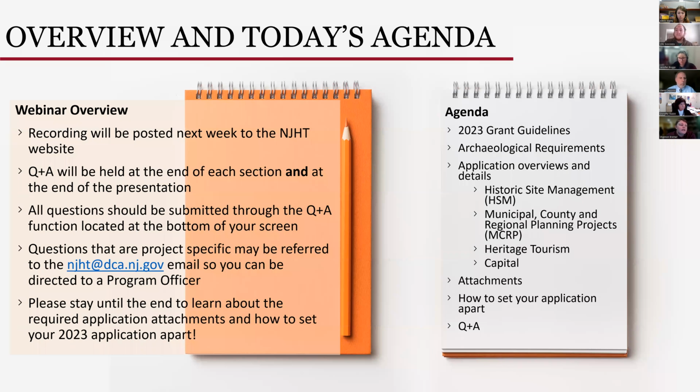As for the agenda for today, I'm going to get us started on going over our grant guidelines. Then we'll move into some information regarding our archaeological requirements. We'll also get into detail about each of the application types. So we'll go through historic site management, or our HSM grants first. We'll then go into our municipal, county, and regional planning projects, our MCRP grants, and then our heritage tourism grants